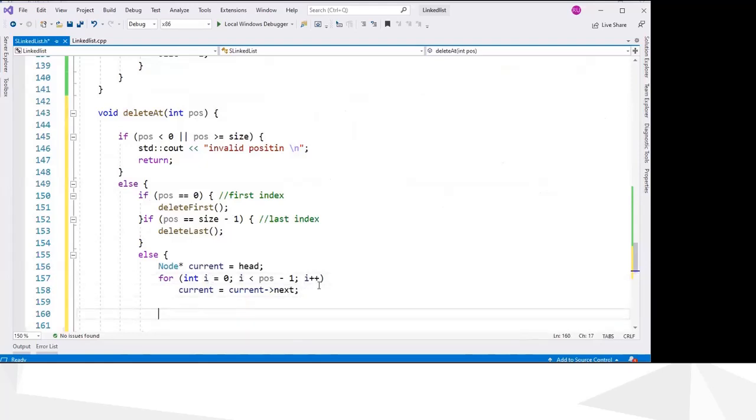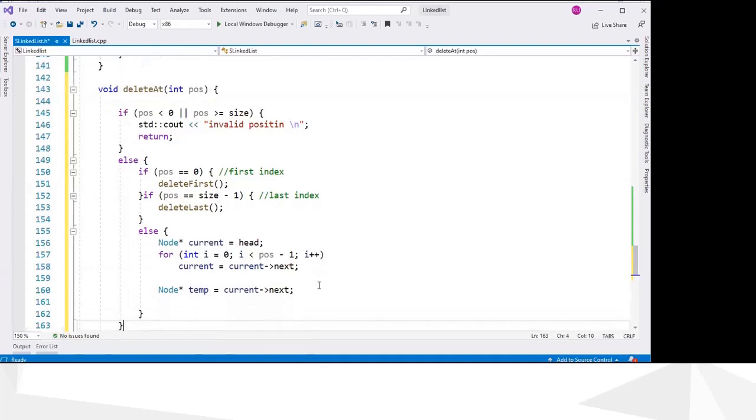Now after that what we want to do is we want to have a temporary pointer for the deleting node, that is current next, because we stop just one before the deleting node. So the node we are deleting is now current next. So we remember that one in temp variable, and then we have to change the pointer of the current.